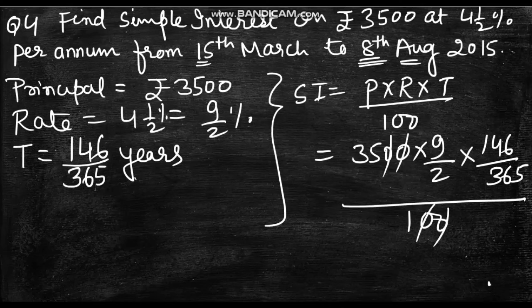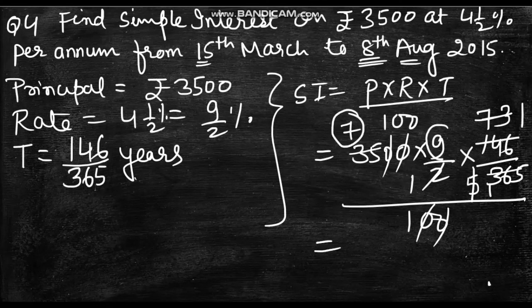from the numerator. Earlier you have already studied that 365 has the factor 73 and even 146. Otherwise you can cancel 2 and 146. See here, 2 ones are 2 and 2 sevens are 14, 2 threes are 6. So you are getting 73 here, and 73 ones are 73 and 73 fives are 365. Simply you cancel this 5 and this 35. So 5 sevens are 35. Now see here, you are left with this 7 and this 9. So 7 nines are 63.